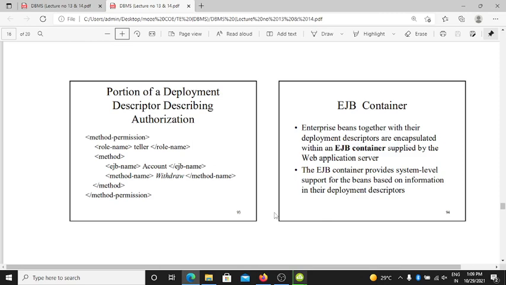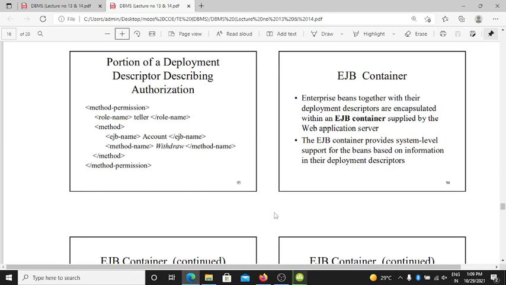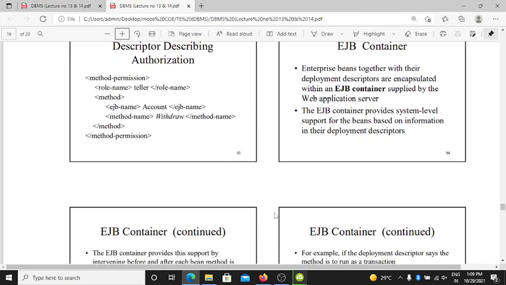The EJB container provides system level support for the beans based on information in their deployment descriptors.